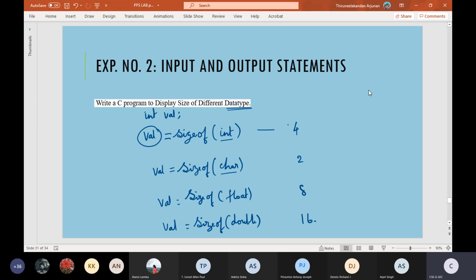And then void main. Inside the void main, you need not declare any variable because we are not going to use any variable for this. We have only one variable, that is integer. That's all. int val, and after that directly you write these statements and then close the main function. Type it. I will also type in case you have some doubt in the program. Look at this screen. I will type on the screen.